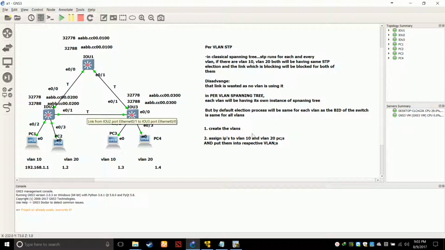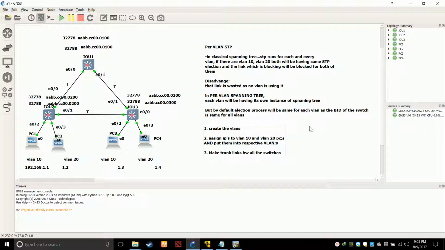How to make a link trunk? It's very easy. Go to both sides and give the command. Even if you give the command on one side, for example, if you say this port is a trunk, the other side will dynamically become trunk, but Cisco doesn't recommend that. Cisco says if you want trunk, you should give the command on both sides, but in lab, in real life, if you give it on one side, the other side will automatically become trunk. Okay, so step number 3 we have: make trunk links between all these switches.